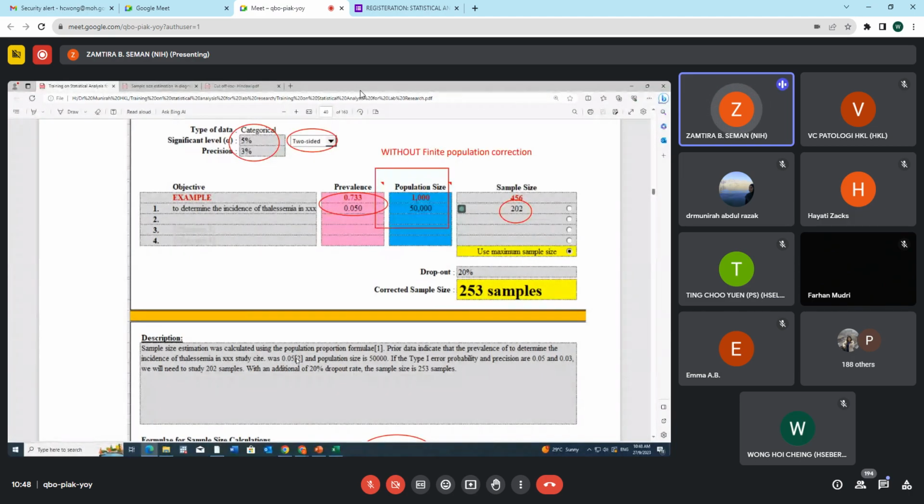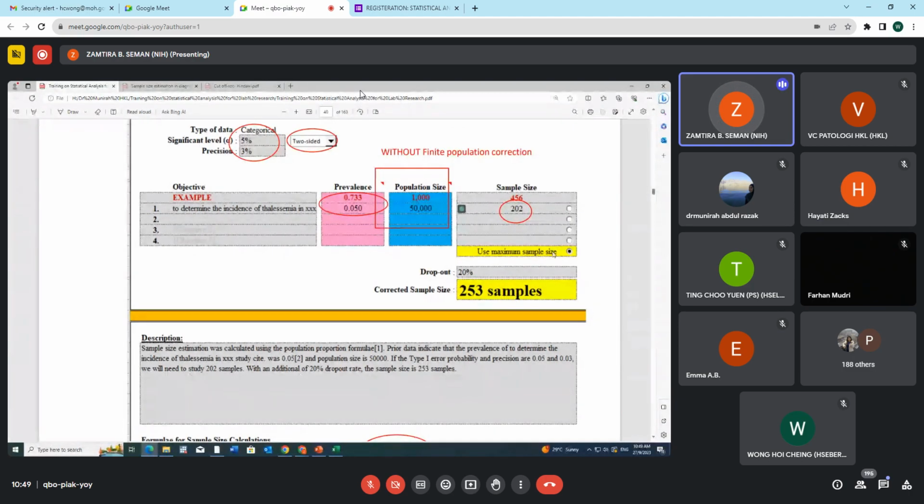This is a reference. Need to find out that reference. Of course, we use this from literature review or expert opinion or pilot study, anything, but this one as a reference. With population size, this one mentioned, if we apply 5% error with 0.03 as precision,